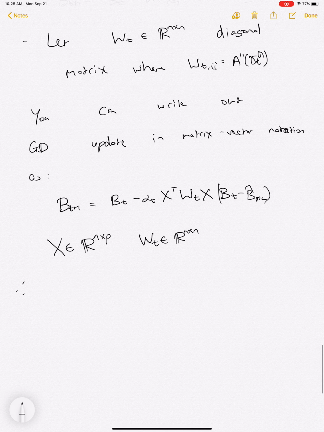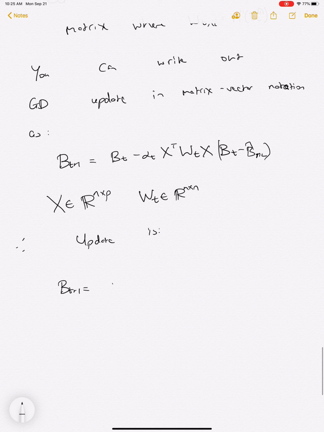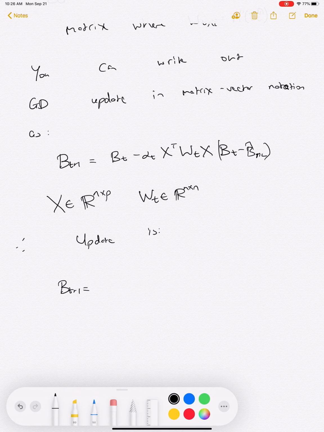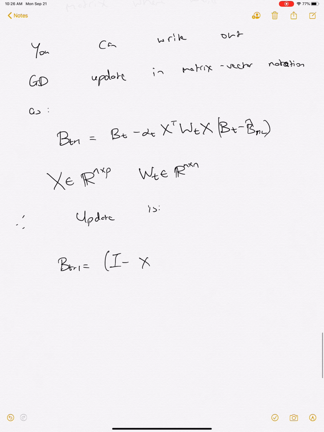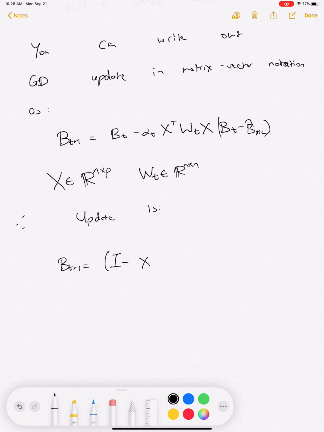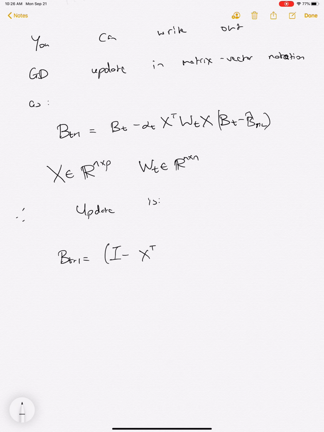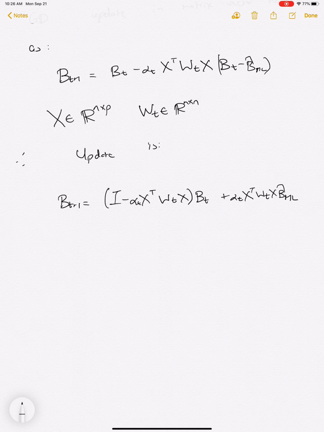So okay, this looks a fair bit more like what we saw in the linear case. Note that